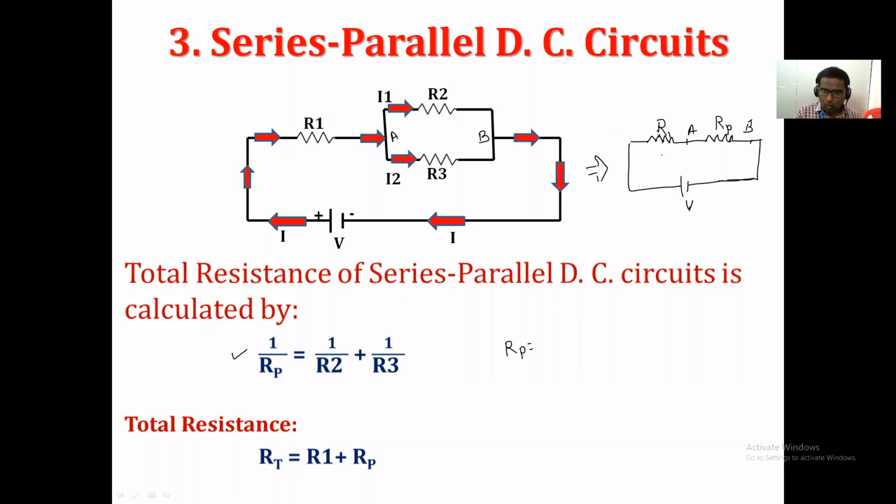Yes, sir. Now, if you see how these two resistors are connected, they are connected in series because there is one common point, and this common point is not connected to any other branch. That's why we can calculate the total resistance using the formula R1 plus RP. Get my point? In this way, we can calculate the total resistance of a series parallel circuit. Just apply the series and parallel circuit rules, nothing greater than that. Okay.